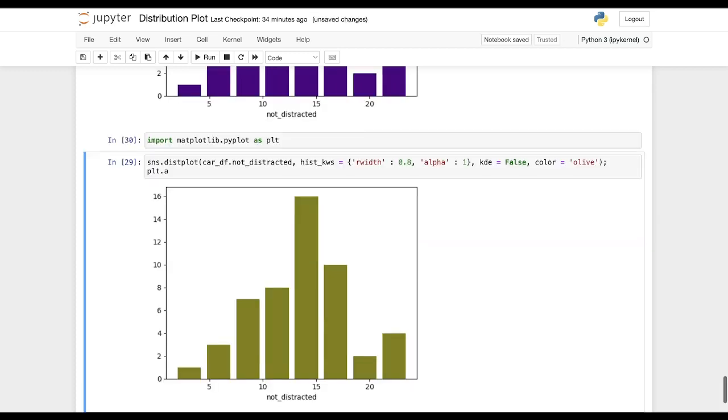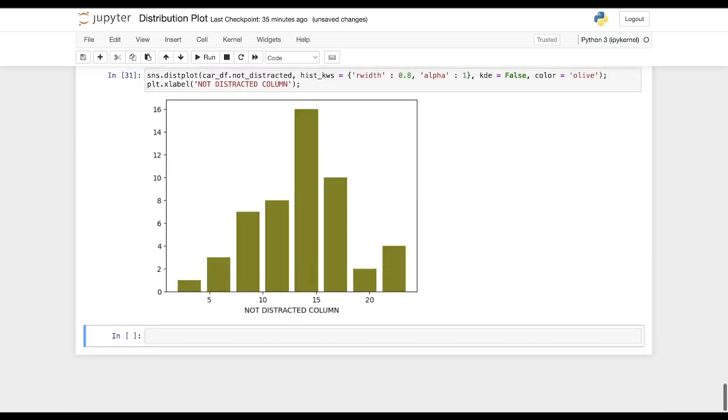Let's run that. And here I will say plt.xlabel, and here I will say not distracted column, and let's run that. Now you can see you are getting that X label here.